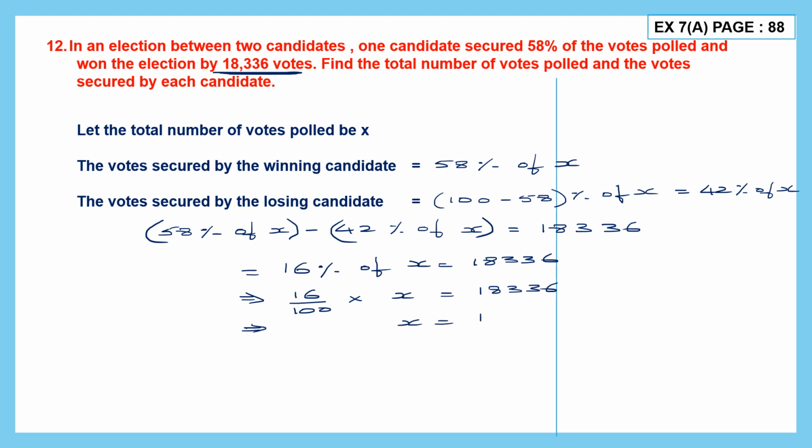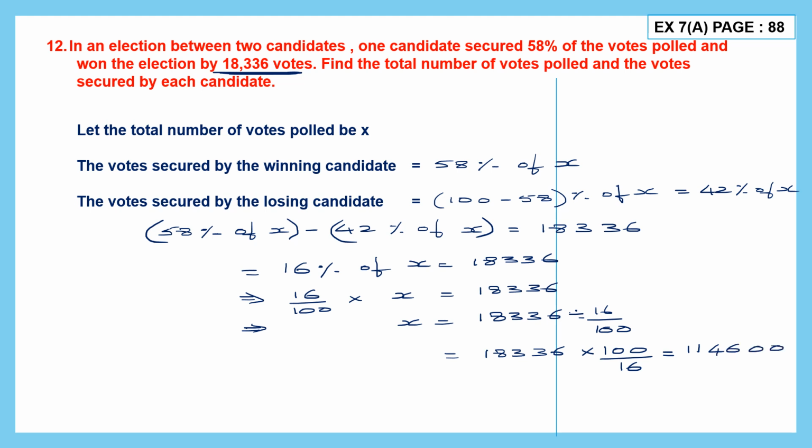So now we're going to find the value of X. We're going to say X is equal to 18,336 divided by 16 by 100. Why is it division? Because on this side it is multiplication. When we take it to the other side, it becomes division. So here it is 18,336 into 16 by 100. We write the reciprocal when we multiply, so it becomes 100 by 16. So when you multiply this, you will find that you will get